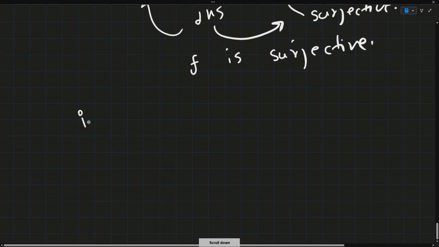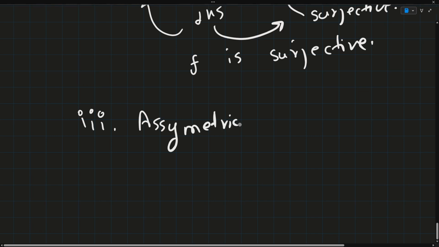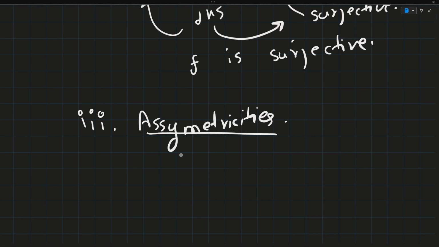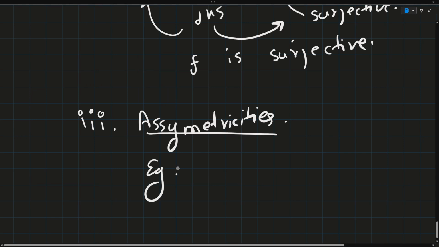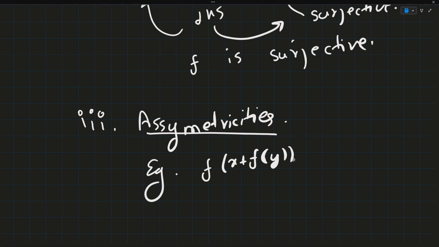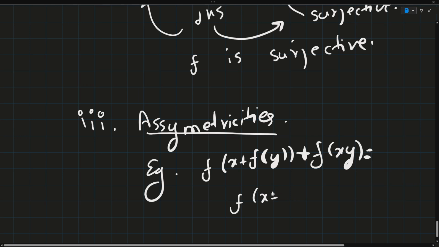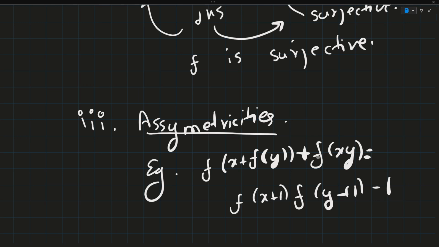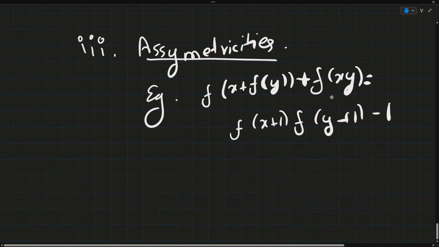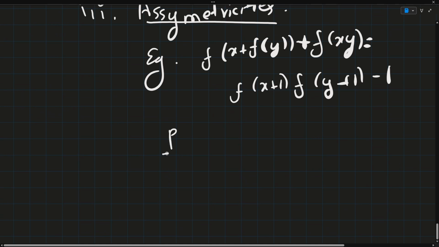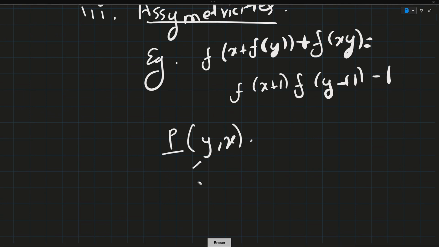And our third strategy is looking for asymmetry. So I'll give a proper example for this. Let's say we have a function f(x) + f(y) + f(xy) = (f(x) + 1)(f(y) + 1) - 1. So what we can see here is that the function is relatively symmetric. That means if we say P(y, x), that is basically changing x to y and y to x, we get